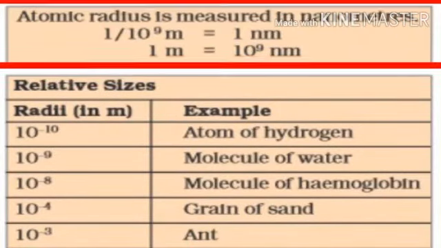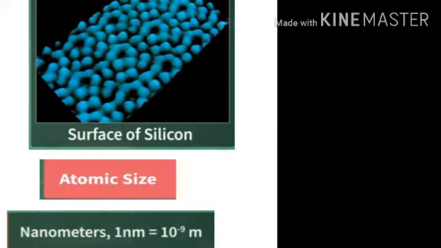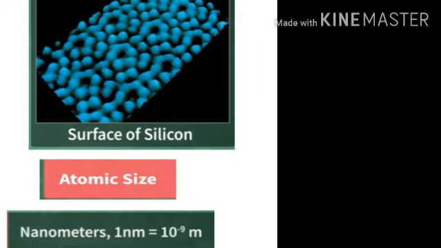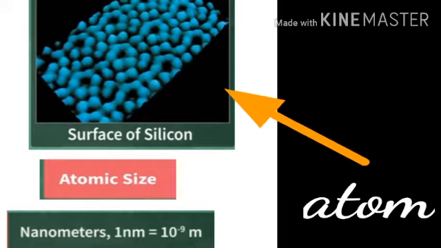Nm means nanometer. We might think that if atoms are so insignificant in size, why should we care about them? This is because our entire world is made up of atoms. We may not be able to see them, but they are there and constantly affecting whatever we do. Through modern techniques, we can now produce a magnified image of the surface of elements showing atoms, as you are seeing in this picture.